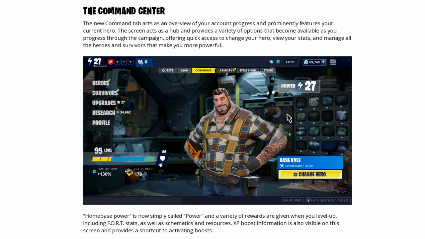They've said that the new commands tab acts as an overview of your account progress and prominently features your current hero. So whatever hero you got in your primary slot, whether it be Love Ranger or Raven or Master Grenadier, that's basically what's going to be up on the screen like you can see here. And this screen acts as a hub and provides a variety of options that become available as you progress through the campaign, offering quick access to change your hero, view your stats, and manage all the heroes and survivors that